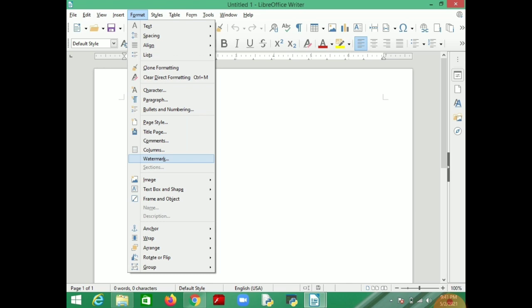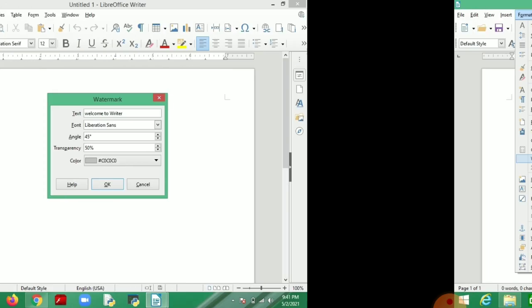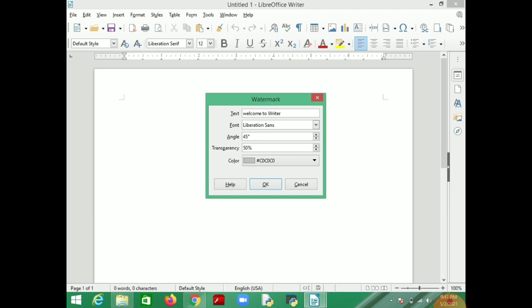So Format, Watermark. When you click on watermark, this window will open, so you can write whatever text you want on the background of your page.